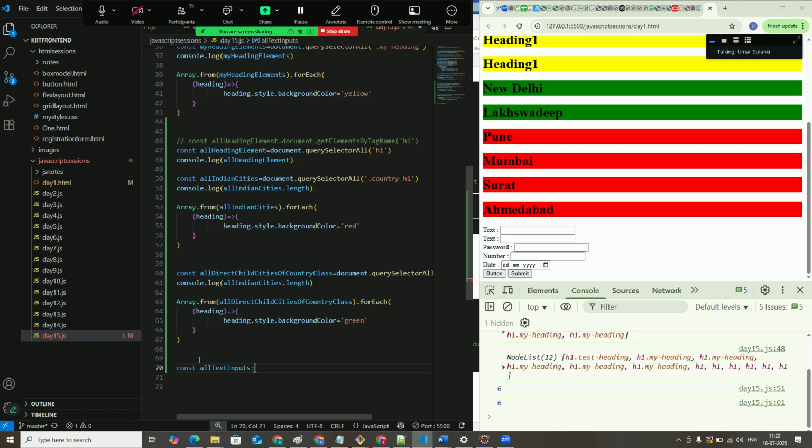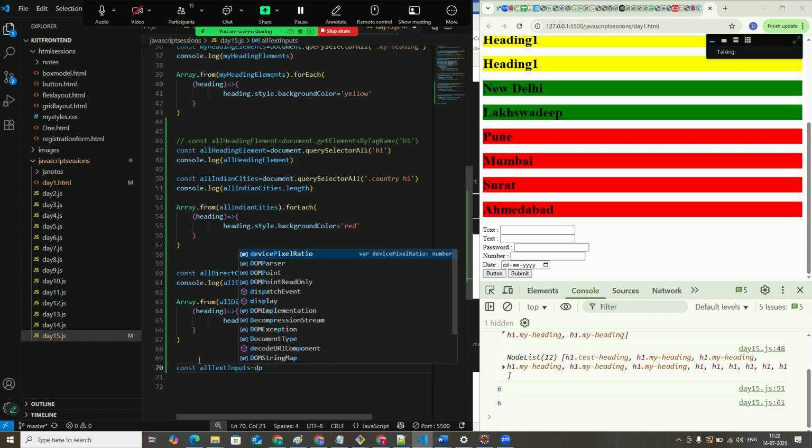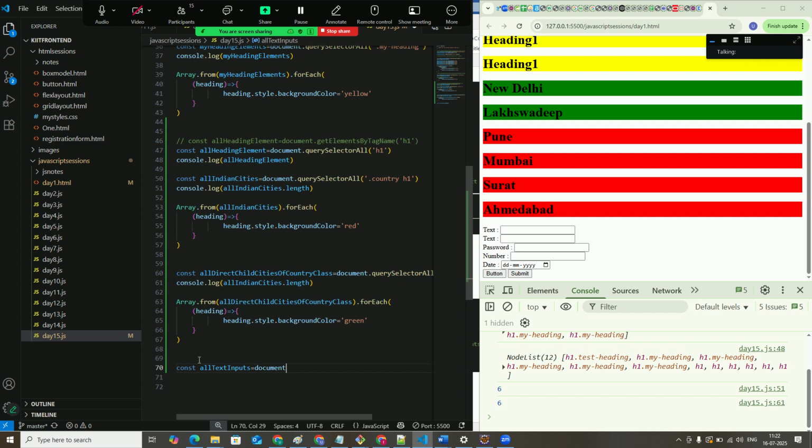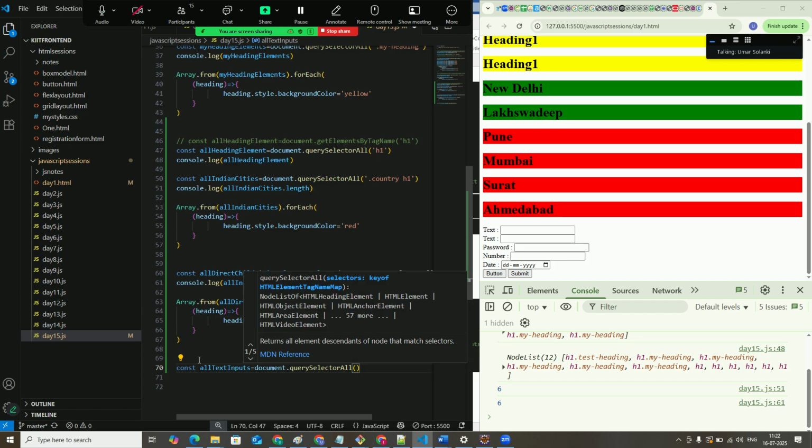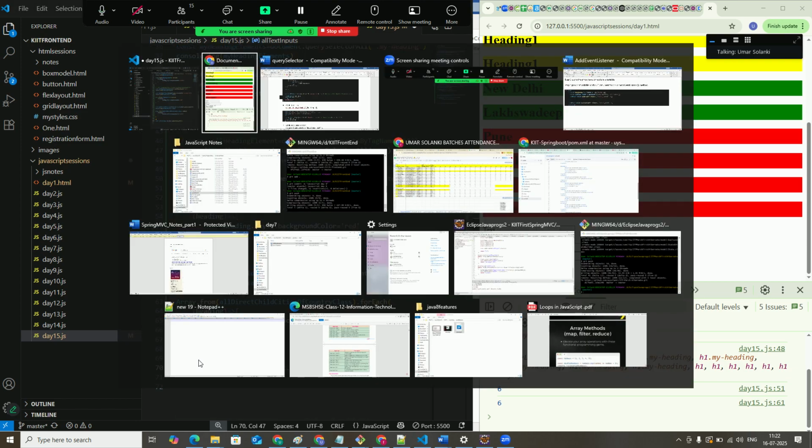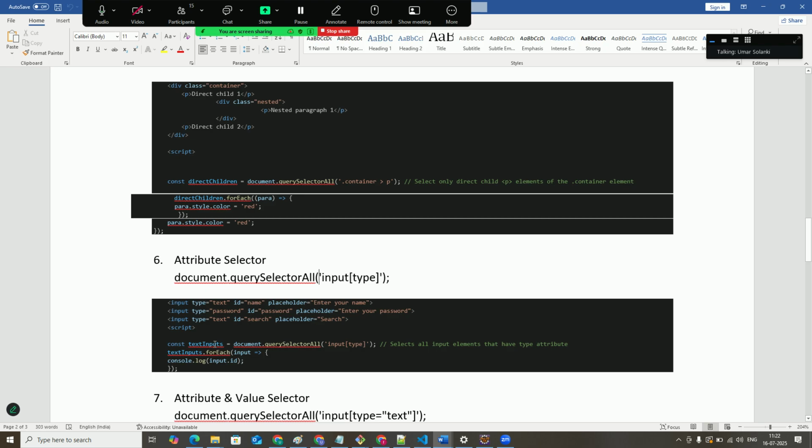We can say document.querySelectorAll. Okay, and then here we can say